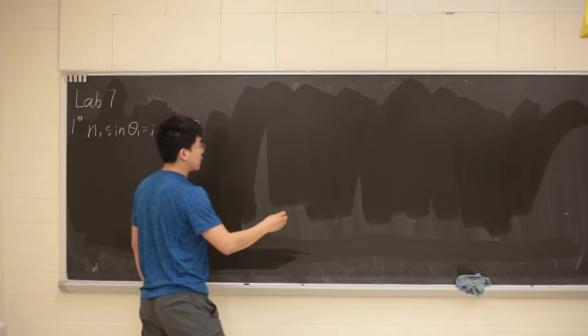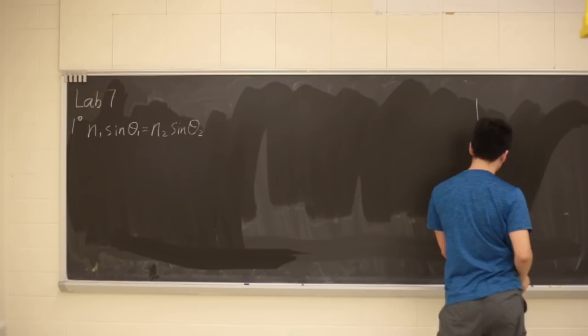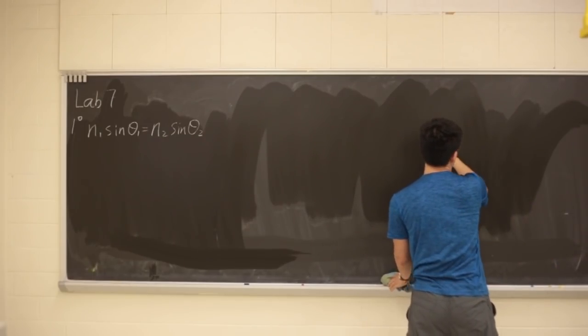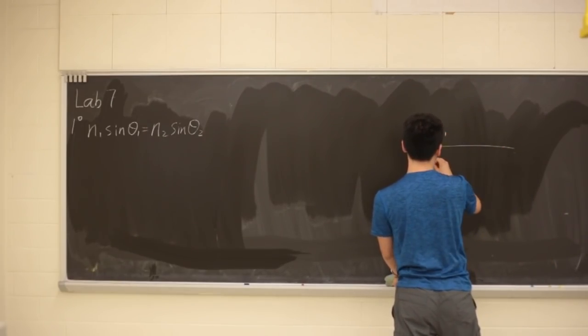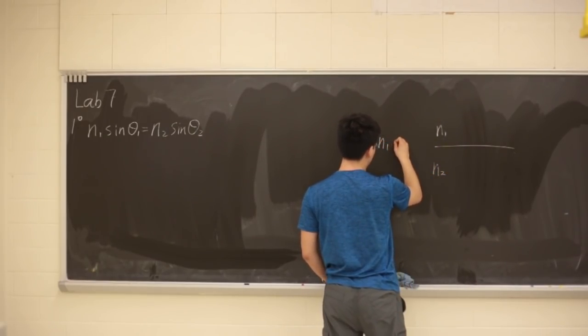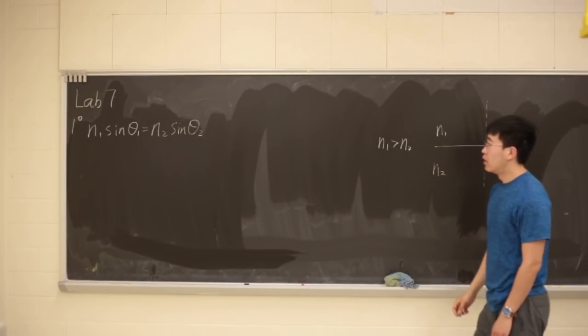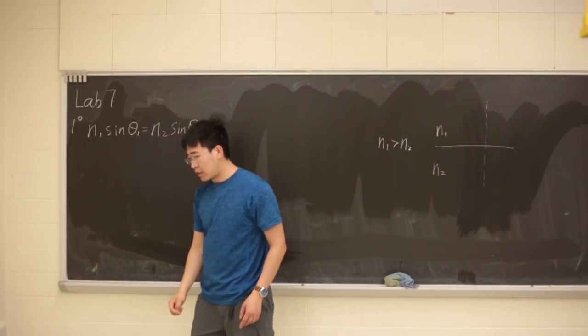So what happens is, if we have N1, N2, and there's a condition of N1 greater than N2, you know that sine theta is